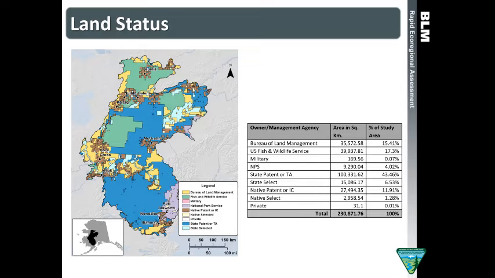I was really surprised with the state select lands, how much that comprises of the entire state select lands for the entire state. It's 52% in YKL. Yeah, I was shocked actually when I saw that, and I don't think that's the case either, because the dark blue is way more than the light blue on that map.